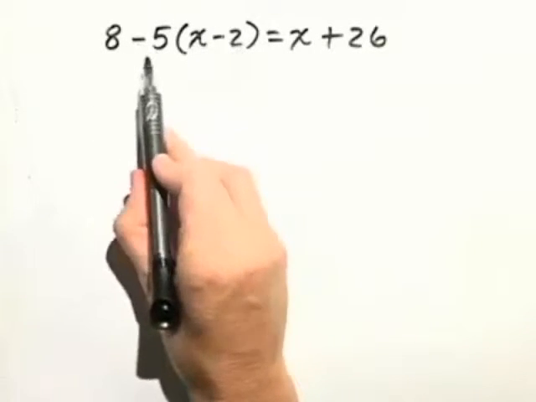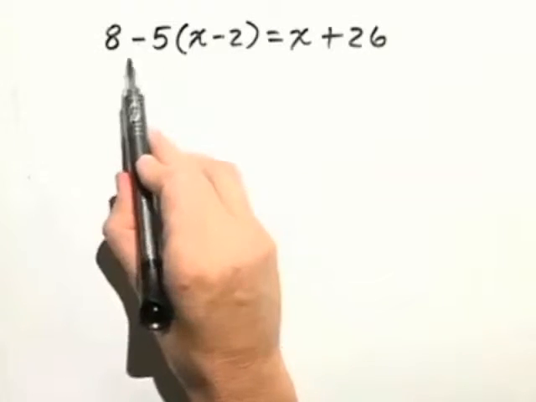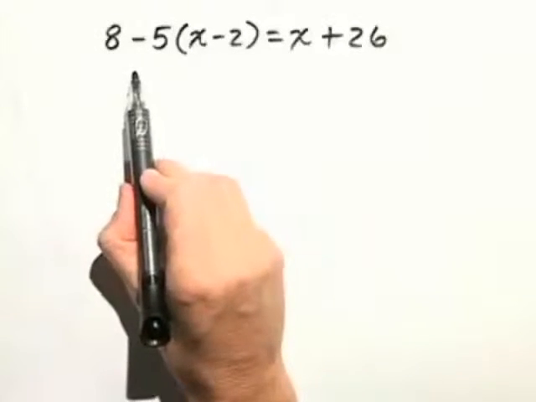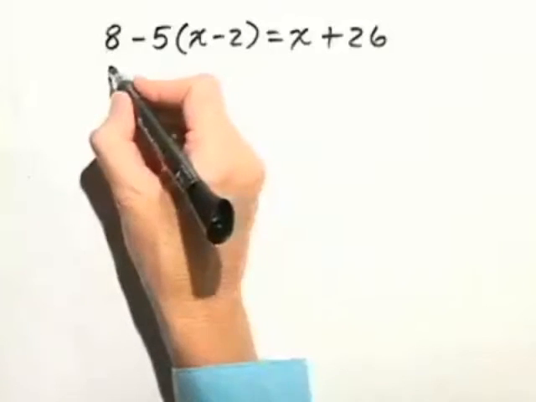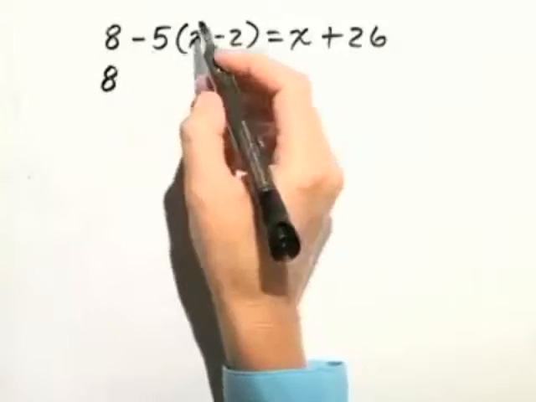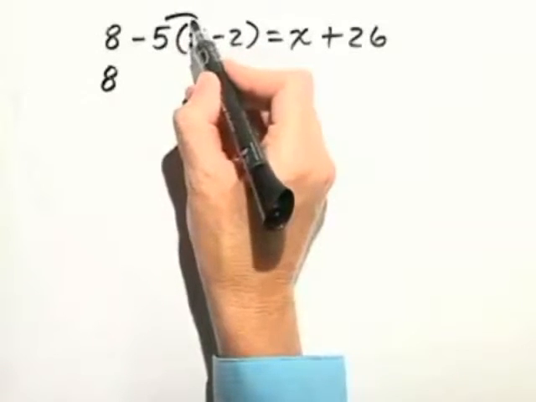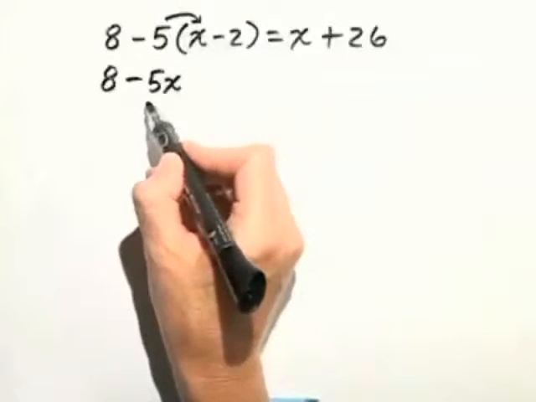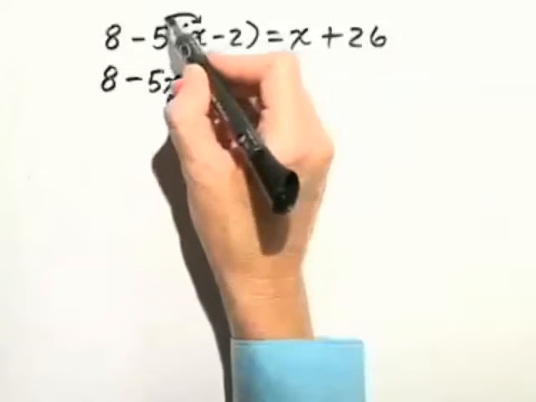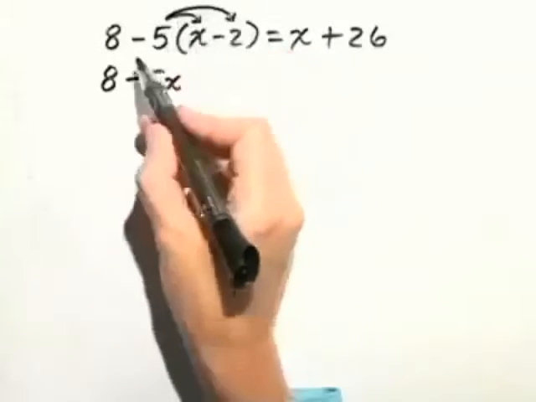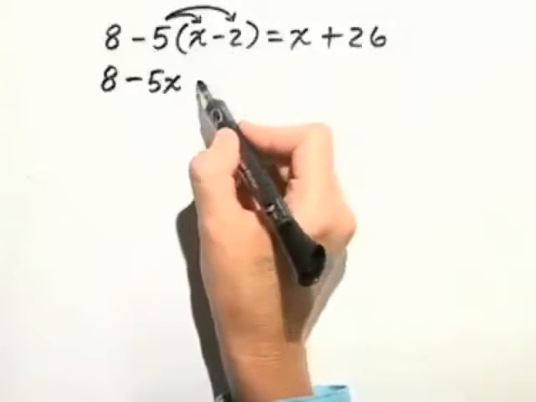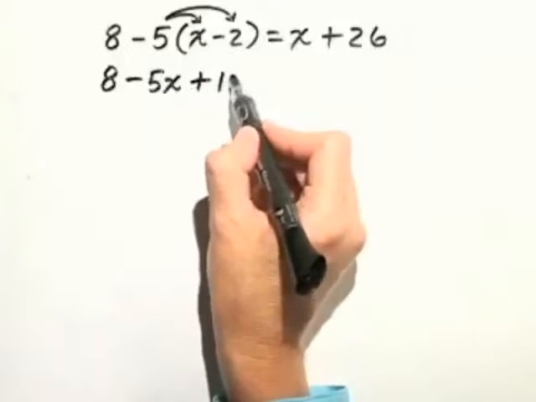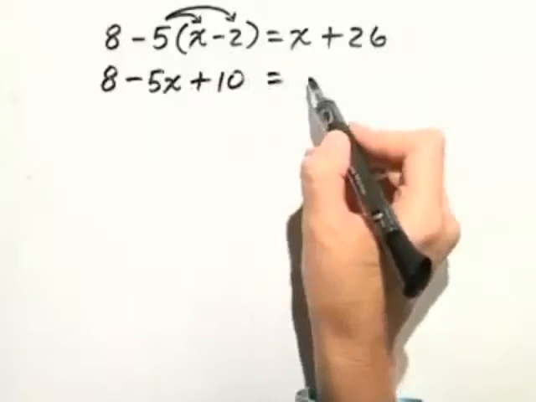Now don't be tempted to subtract 5 from 8 because that would not follow our order of operations. So let's leave the 8 alone. We have 8. Now let's distribute the negative 5 through the parentheses, and we have negative 5 times x, which is just negative 5x, and then we have negative 5 times negative 2, which will give us positive 10, equals